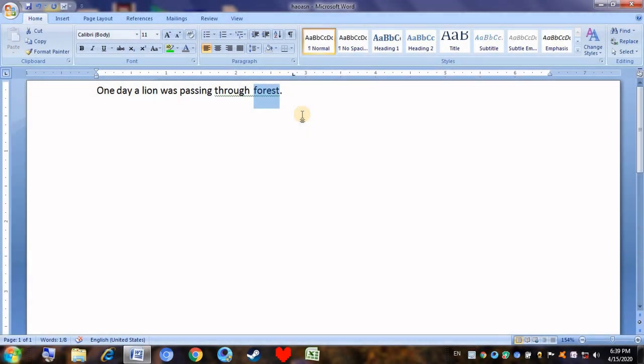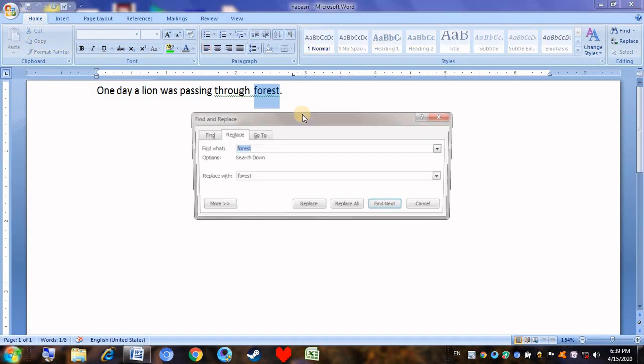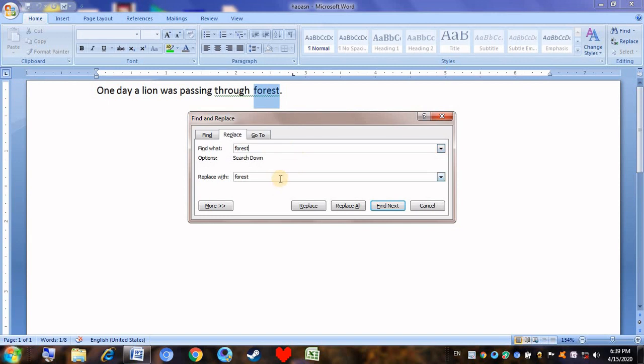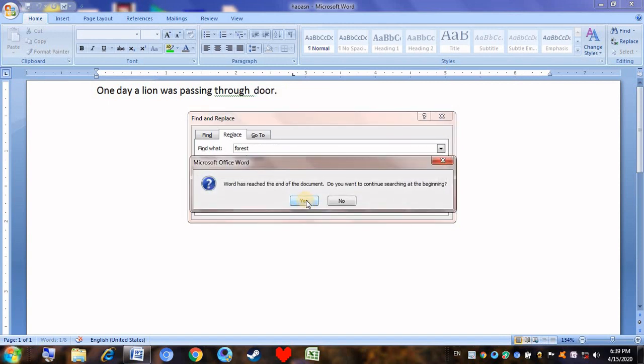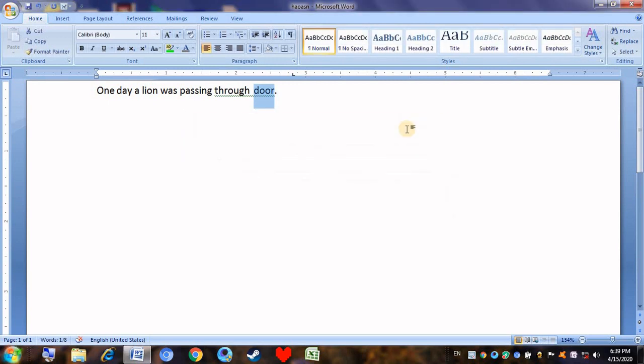Ctrl plus H to replace text, formatting and special items. So let me press Ctrl plus H. So it is forest. I'm going to replace it with, let's say, door. Let's replace. Okay, so it has been replaced. The answer for how it is helpful is here. You can replace words faster and not waste any time. So next shortcut,